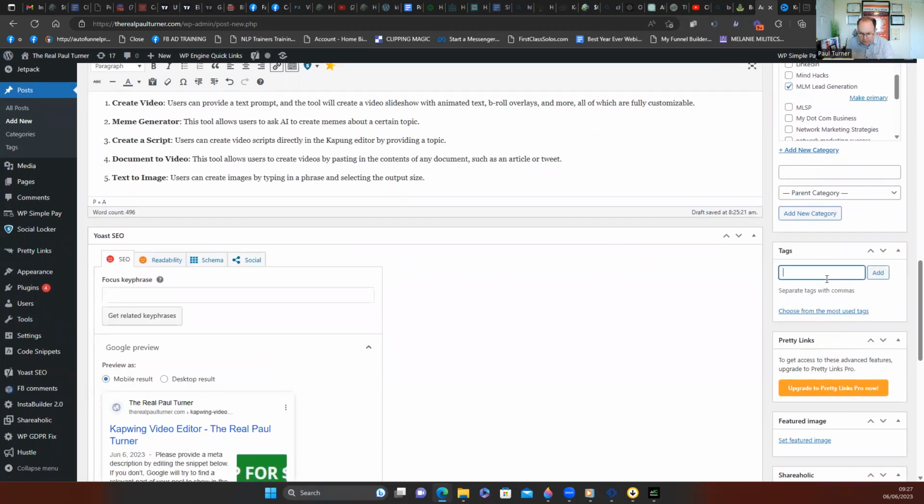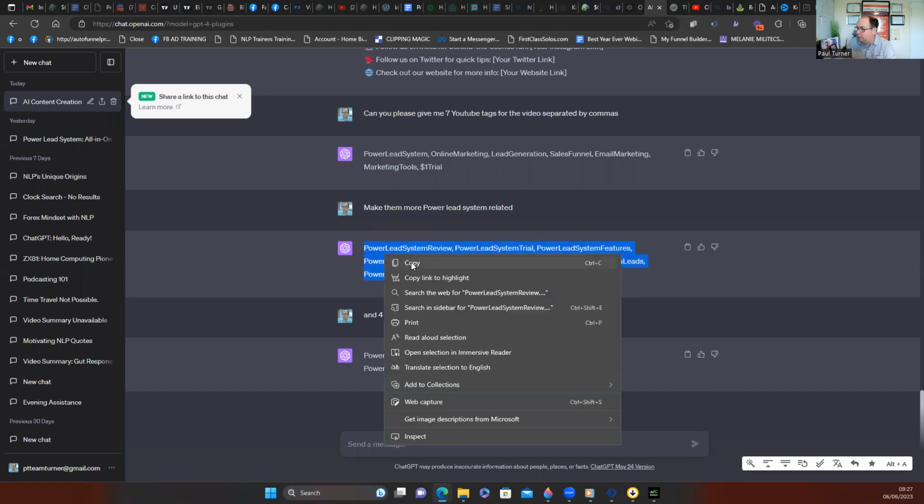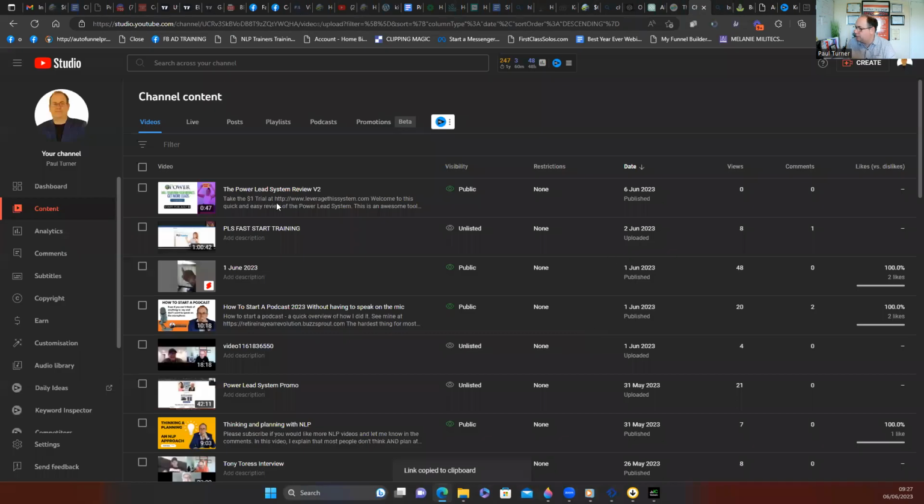Tags, I don't know if these really work anymore, but I created some with ChatGPT when I uploaded that video, so it'd be rude not to just use these, wouldn't it? So we can put those in. Well, that's more about catwing.